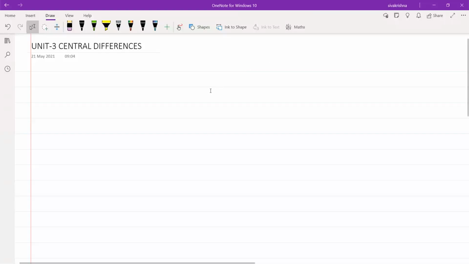So today I am going to discuss Unit 3, and the title of Unit 3 is Central Differences. So coming to the introduction, in forward differences and backward differences,